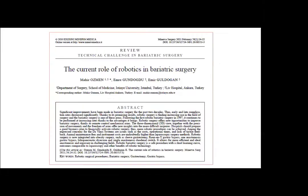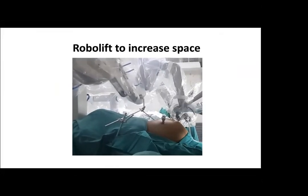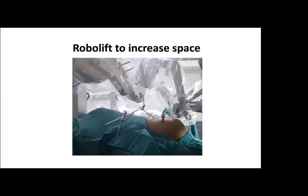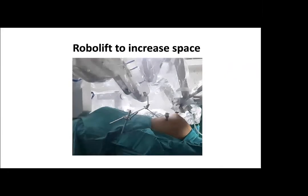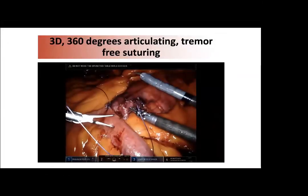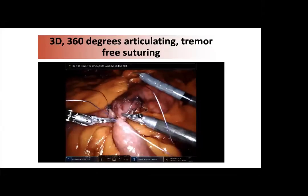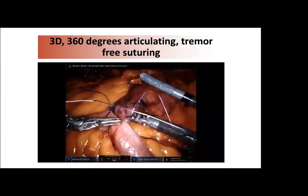using the robot itself. There are many publications showing the effectiveness of the system, and we also published some papers, as you can see here. The main advantage during bariatric surgery is the RoboLift to increase the space, as you can see here, and also 3D, 360 degrees of articulating and tremor-free suturing are advantages of robotic surgery during bariatric surgery as